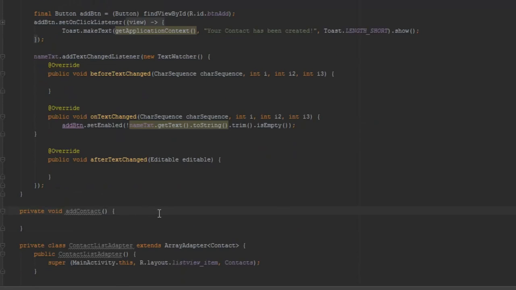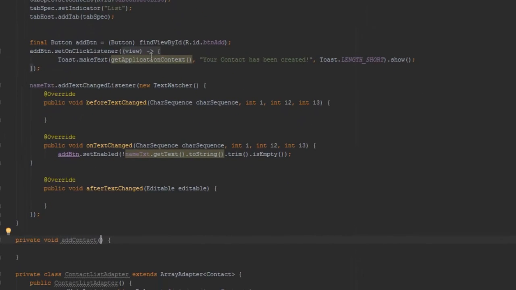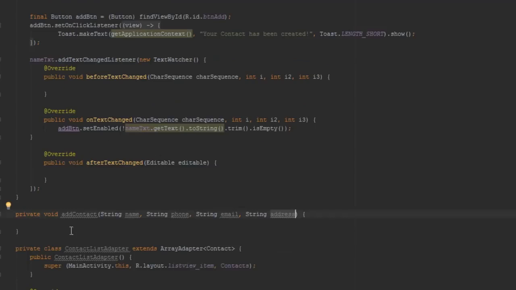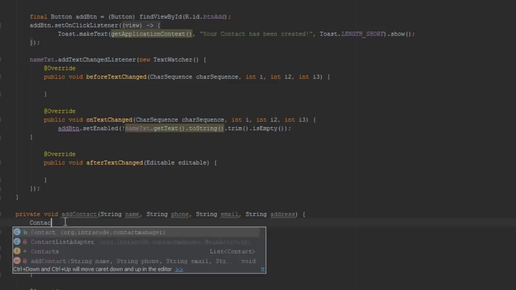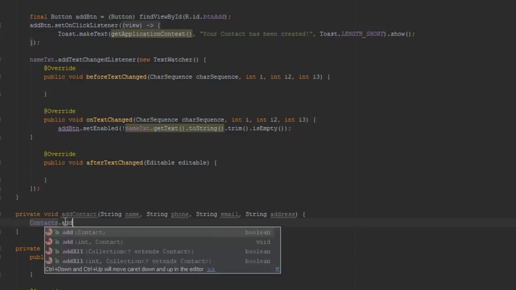So now we actually need whatever we have right here, so we're going to need all of this. We can just copy this, because this is exactly what we're going to need. Those are the parameters we will need for sure. So we're just going to copy and paste them in here, and now we can do contacts dot add,